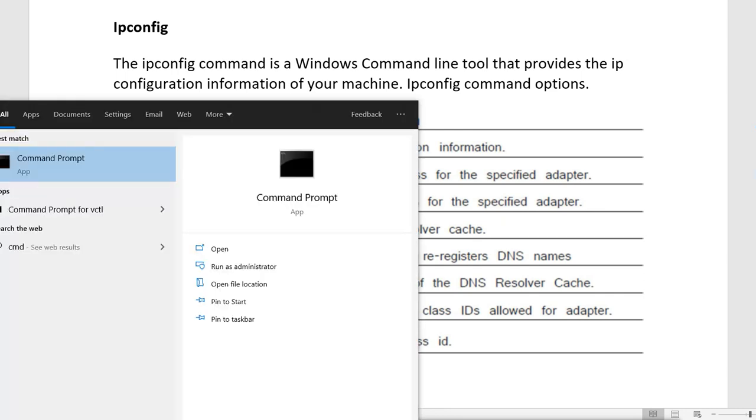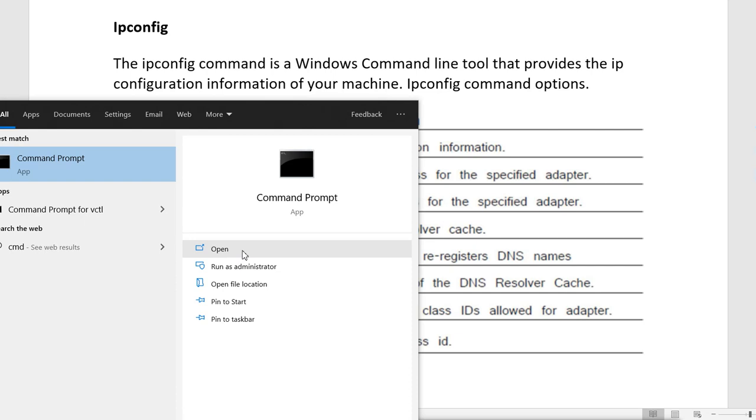Now when we open this, we go to search and we type CMD, so it opens the command prompt. Now we have two options to open the command prompt. If you click on open, it will open with your local current user account, and the current user account might not be an administrator, so sometimes you are required to have a privilege.